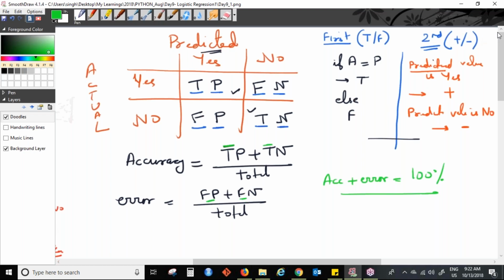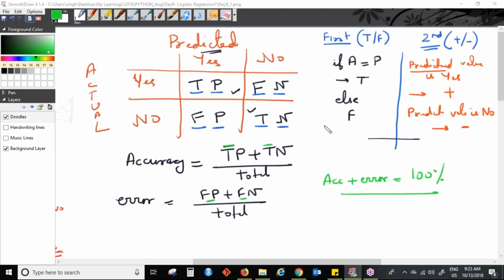Any doubts on this? Guys, any doubts on this? Okay,